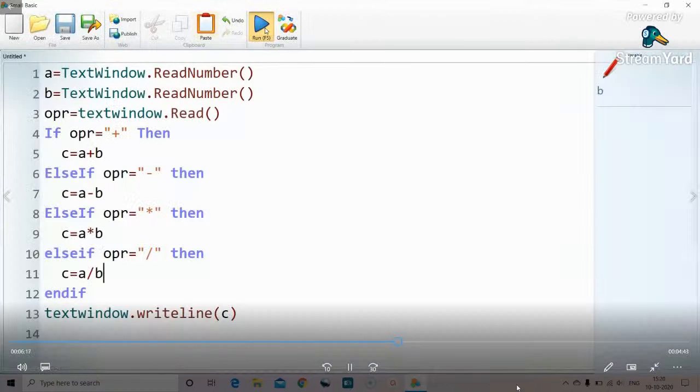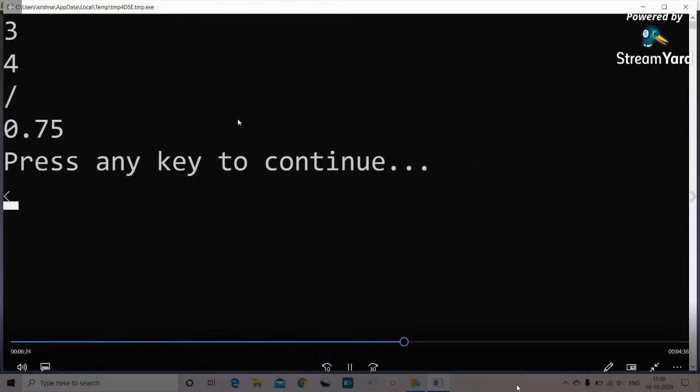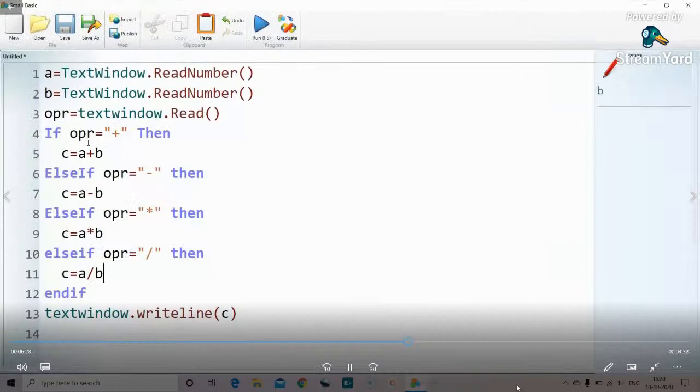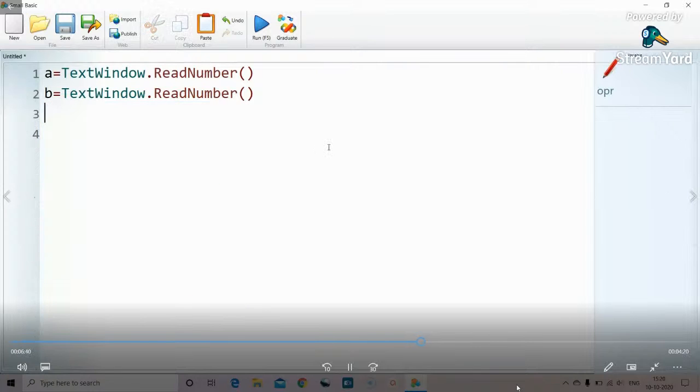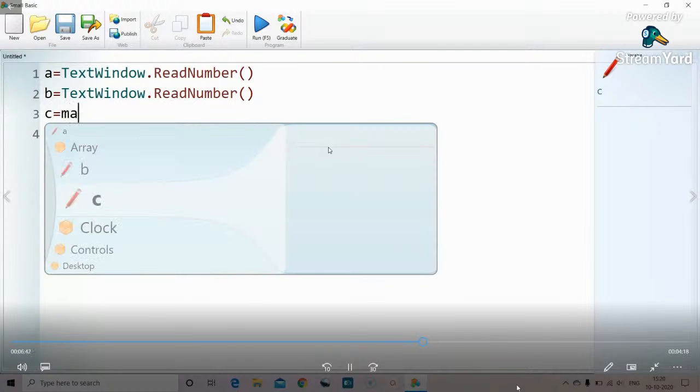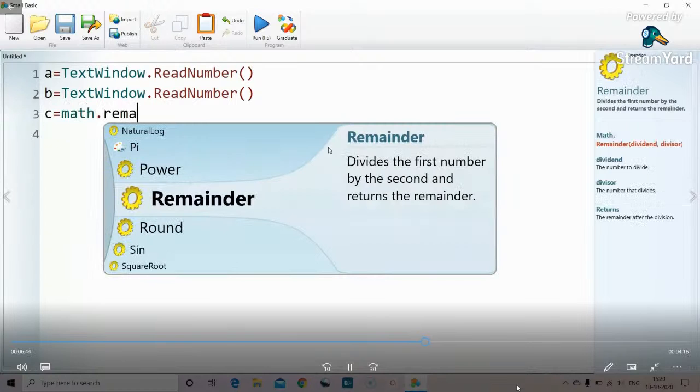So similarly, I'll run division. 3, 4 division. So 3 by 4 it is 0.75. So these are not the only mathematical operators. We also have more. So I am removing this code. So C equal to Math.Remainder. Suppose we need a remainder